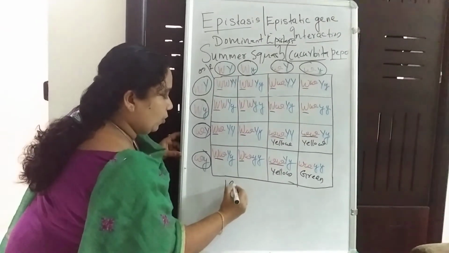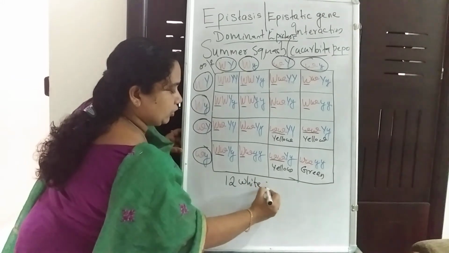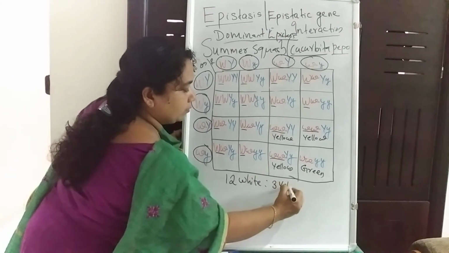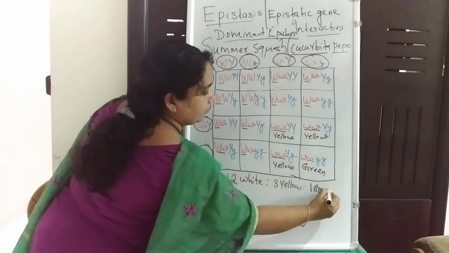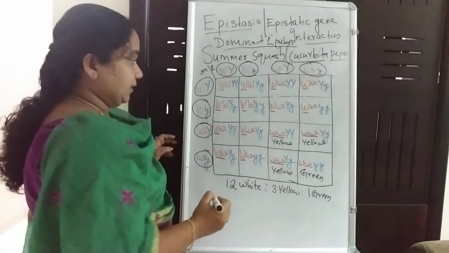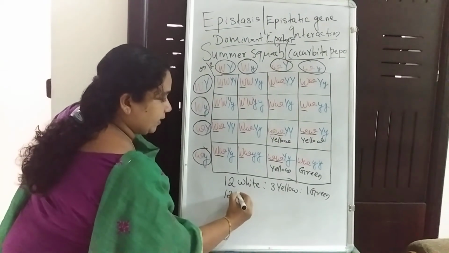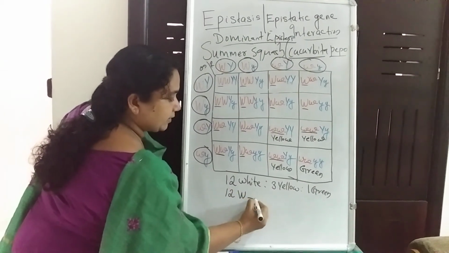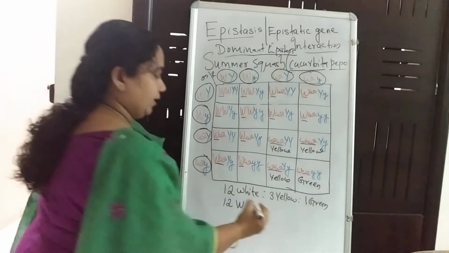So 12 white is to 3 yellow is to 1 green. So the condition is that 12 means capital W followed by anything, we never bother whatever it may be, is to